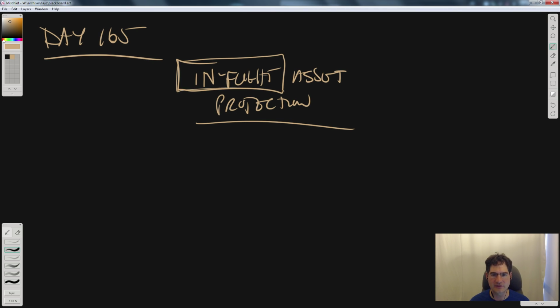For example, with the bitmaps, if I'm saying this bitmap's in flight, I mean that some system is currently in the process of using it. And if somebody else comes in there and mucks with it during that process, that could be very deleterious to this other system, right? So an in-flight asset is one that's going through the process of being used,